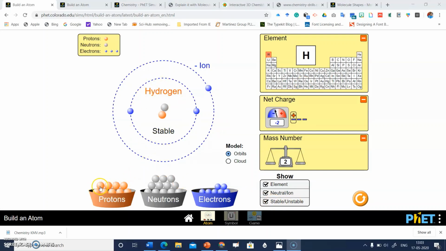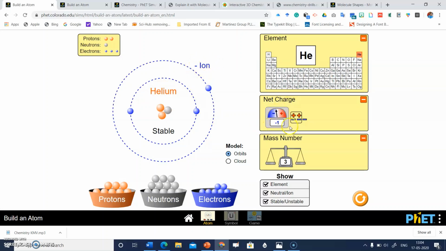Similarly, if a student adds one more proton into this nucleus and one neutron, it shows the symbol that it is helium, right, with 2 electrons in the first shell and 1 electron in the second shell. But this helium atom is now an ion with a negative charge.